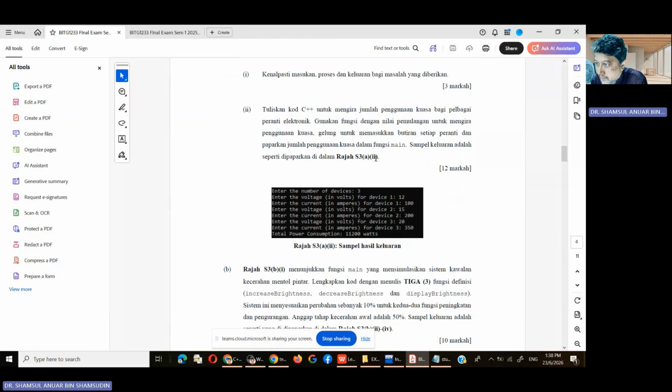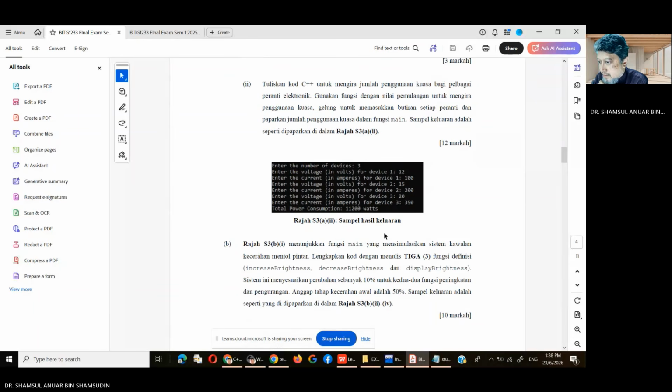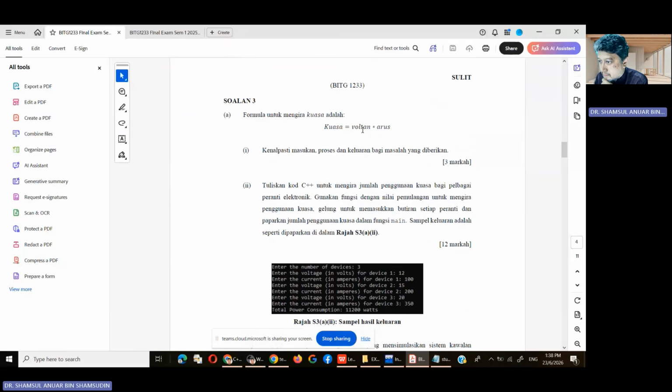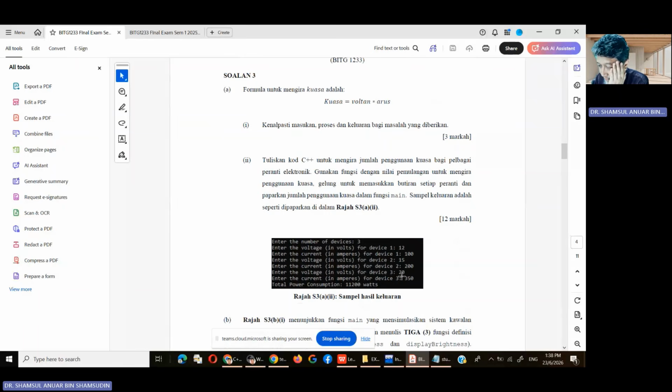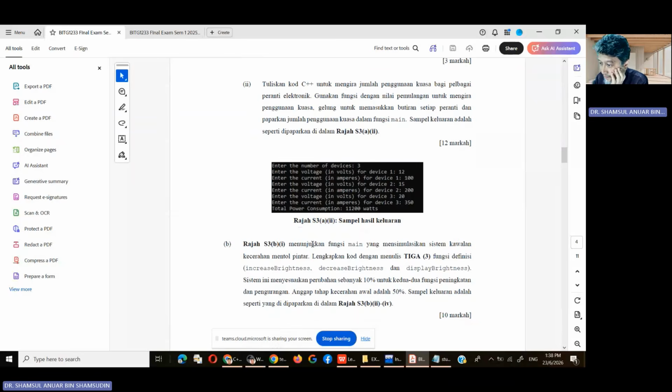So in this case, the user needs to identify how many devices are involved. Then enter the volt and ampere for each of the devices, and then give the total power consumption, watts. So watts kuasa is watt, so it's times 12 times 10, 100 and things like that. Okay, but you need three